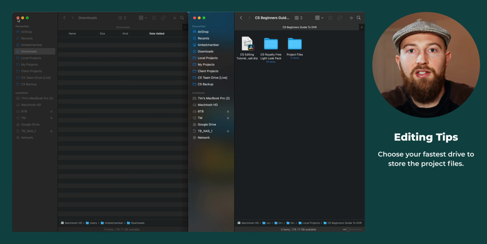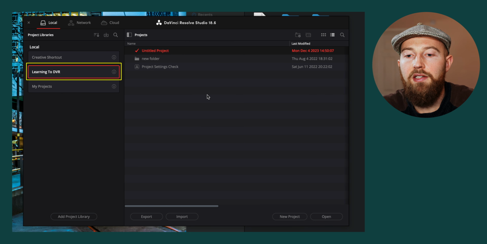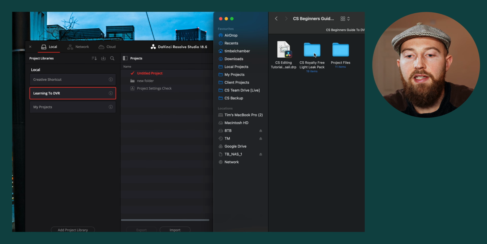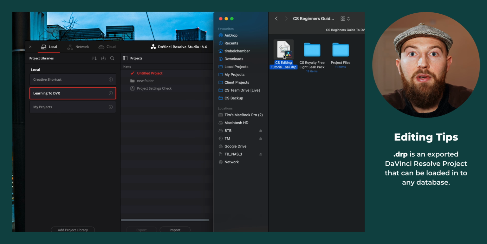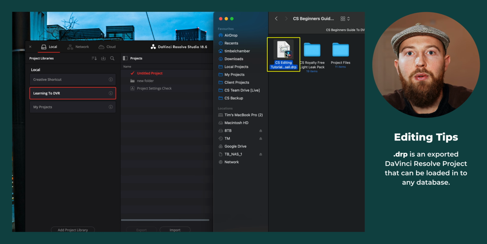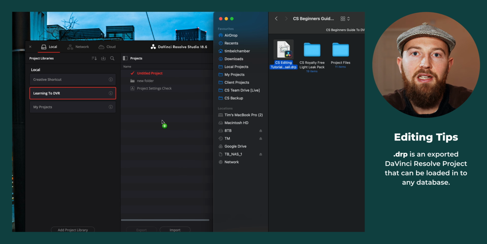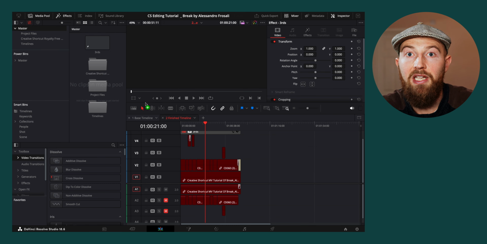is great for editing. Then open up DaVinci Resolve and go to your project database. I'm going to do this in Learning to DVR, and the next step is to go ahead and grab the .drp file that we extracted and put in our project folder location. The .drp file is your DaVinci Resolve project file that we're going to load in, that has some examples, has things a little bit set up for you already for your first edit. If you click and drag this into your database, it will load it up as if you made the project